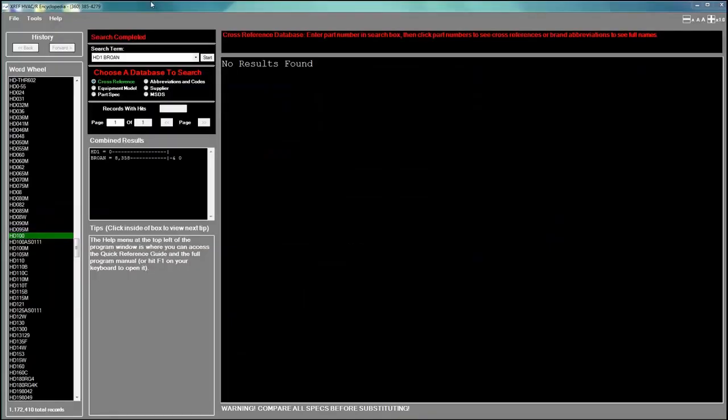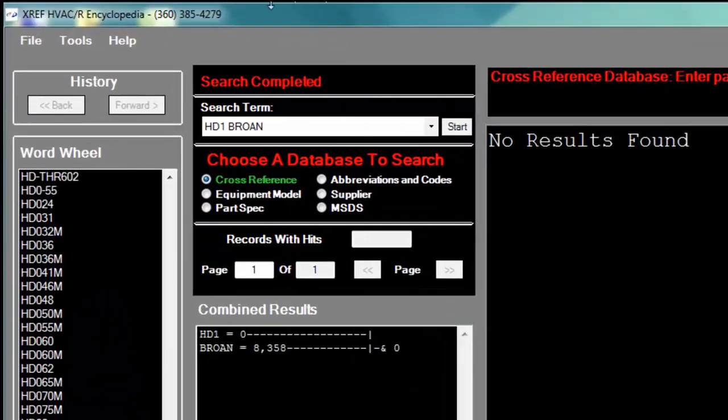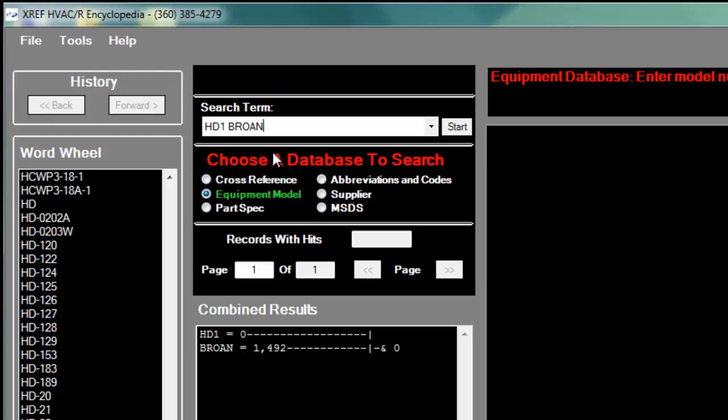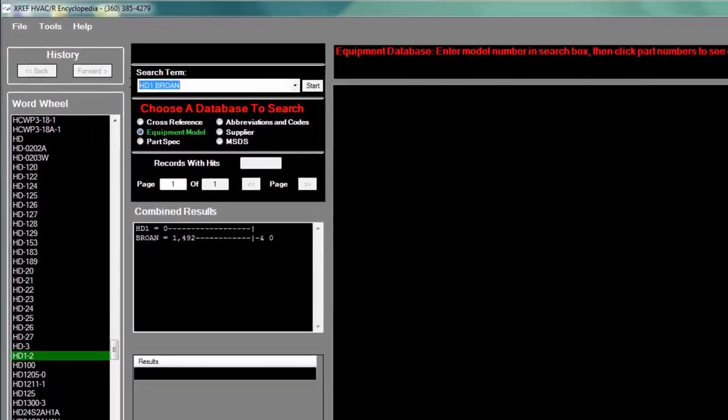Now let's take a look at the equipment model database. This database includes all form of HVAC, refrigeration, and commercial ice maker model parts lists. Under the Choose a Database to Search heading, select Equipment Model. This database is useful for looking up a model's parts list